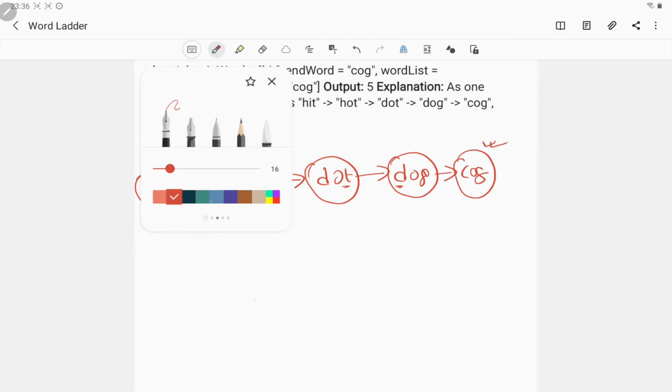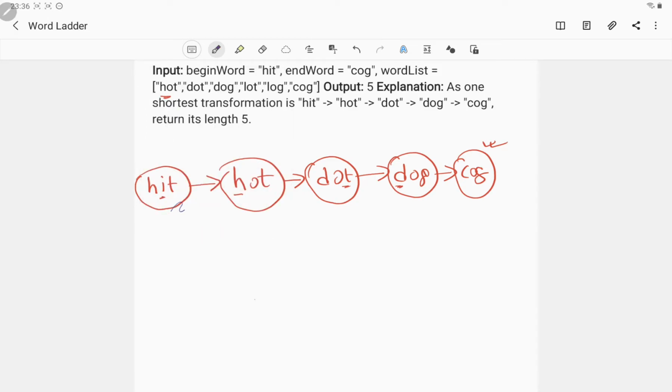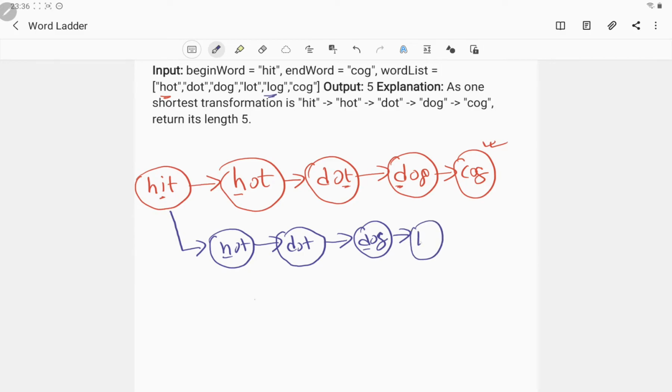There can be other ways also, right? Let's see those. It can happen that I change hit to hot, again I change hot to dot, again I change dot to dog, and again I can change D to L, because log is also there. So it can be log, and then again I can change log to cog, and cog is also our final destination.